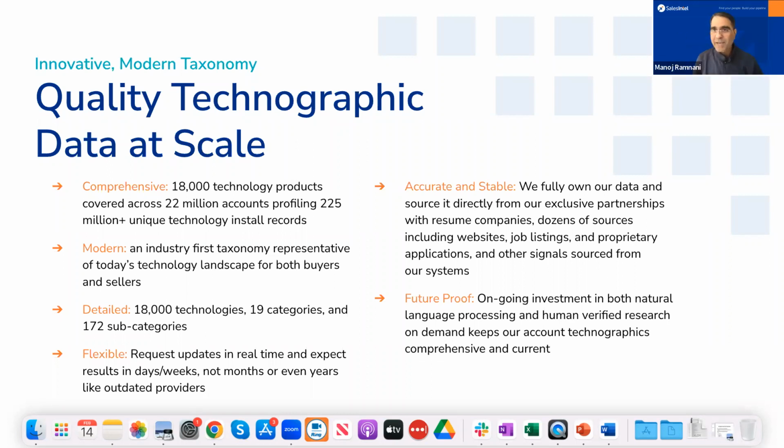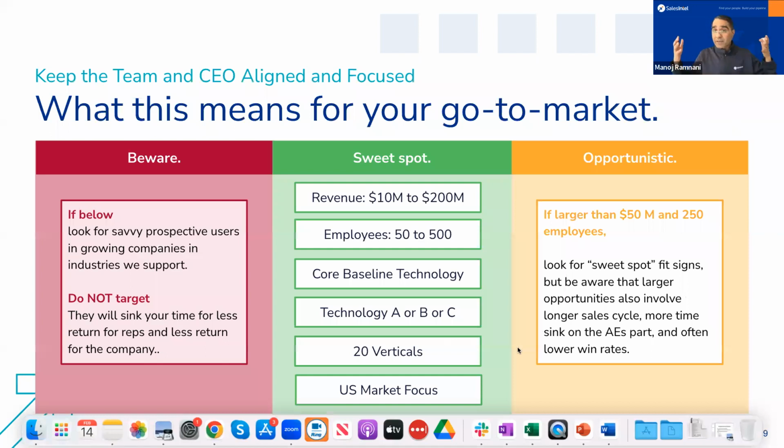And our research on demand team stays with the customer throughout the contract. So if the customer is interested in a technology that we don't cover today in our technographic data, we are able to provide that service. Or if the customer sees that a technology has less coverage of the install base, we are able to increase that. So when we have data available for firmographic, technographic, and demographic data, you're able to segment and find the